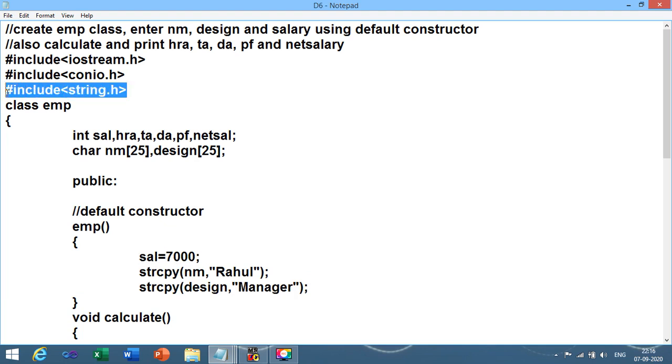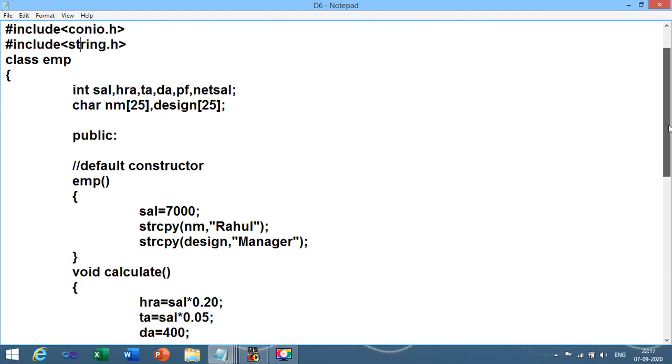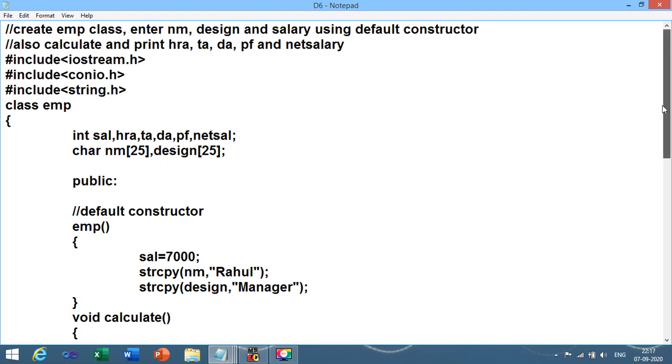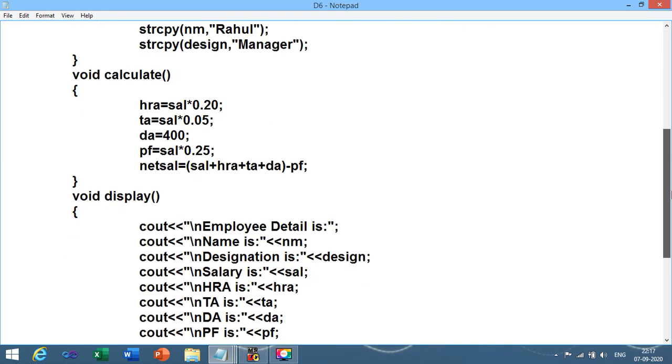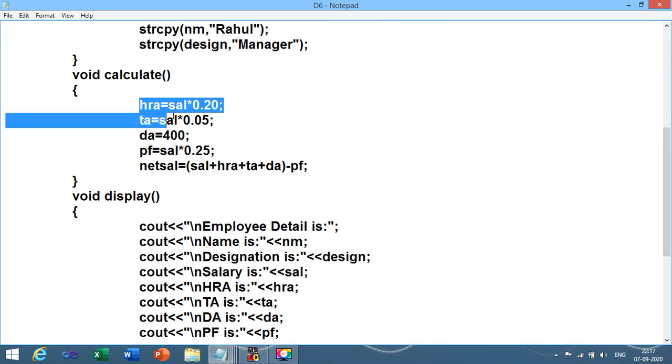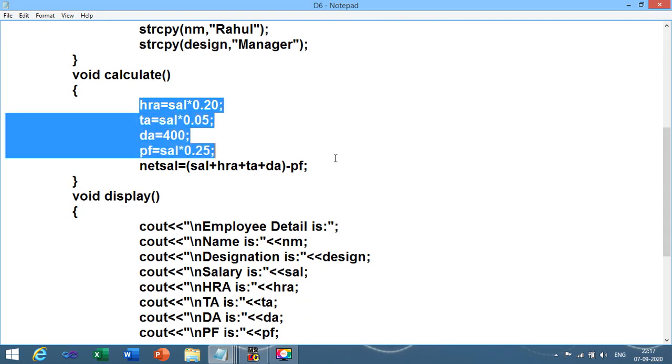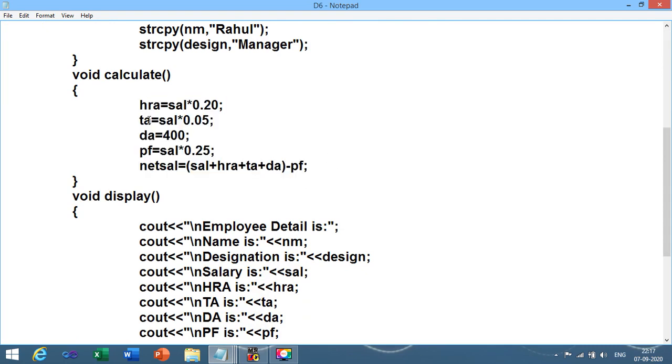So as a header file you need to include the string.h header file. Then we have created two methods, because our requirement is to calculate HRA, TA, DA, PF and net salary. For that I have taken one calculate method. Inside that I have applied formulas to calculate HRA, TA, DA and PF.